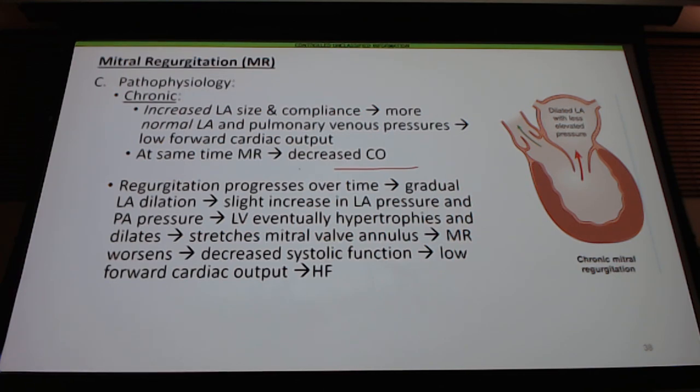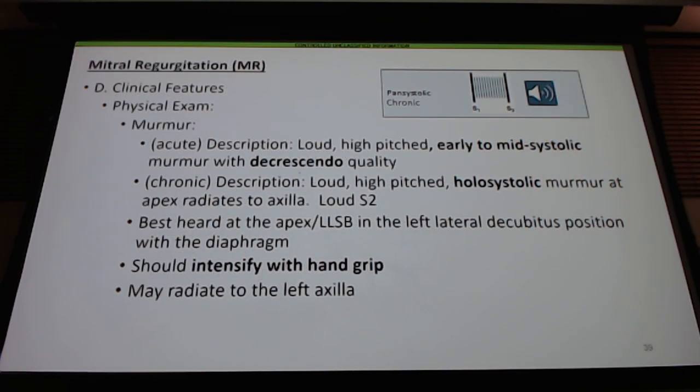So think like left-sided heart failure as the primary symptoms that you see with chronic mitral regurg. And when we talk about mitral regurgitation, the mitral valve should be closed during systole, so this is going to be a systolic dysfunction. We can typically think of this as like a holosystolic. There may be instances where you have an early to mid-systolic, but holosystolic is typical of like your chronic mitral